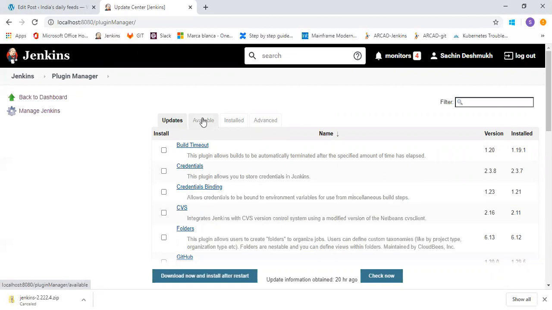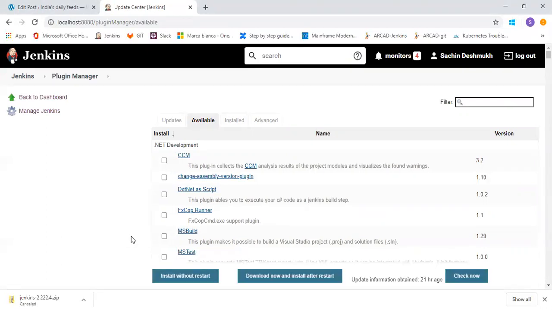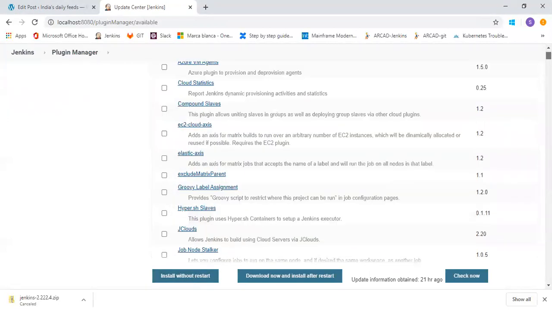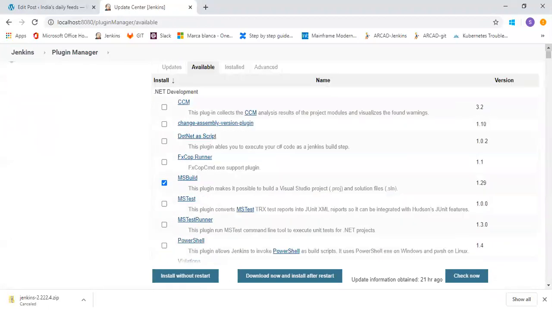You just have to go to Available and search for your plugin. If you are running any .NET project and you need the MSBuild plugin, you can just click on MSBuild and just install without restart.